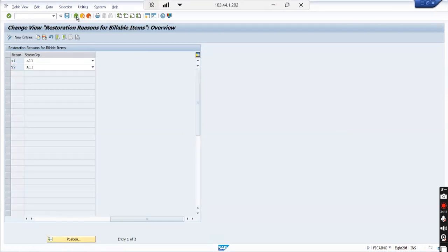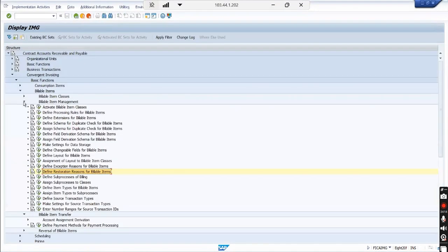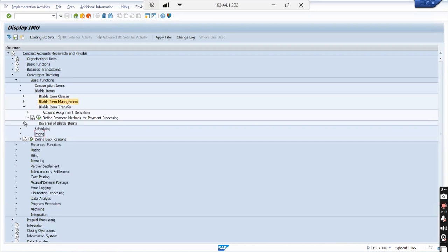Okay, so exception and restoration are done. Next, we may want to reverse a billable item. Reversal of billable item means